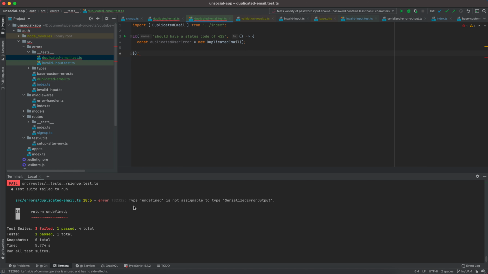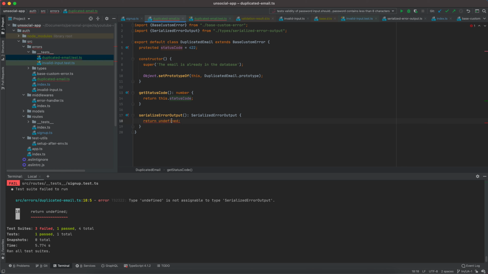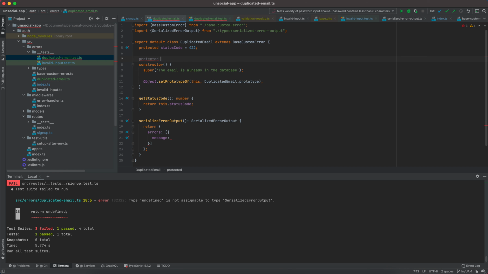So I'm still failing because it cannot return undefined, of course, for the serialize. So for the serialize error output, it cannot return undefined. So I'm just going to return an object which is going to have errors, and here I'm going to have an array, and as the first one I'm going to have a message, and I will simply say the email is already in the database. And let's store this as our